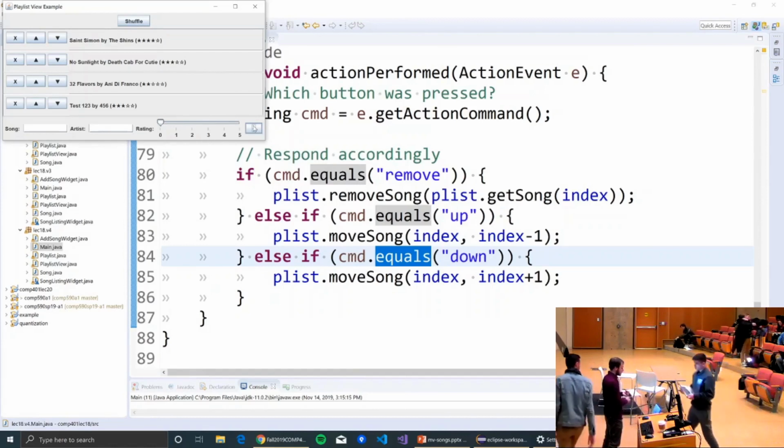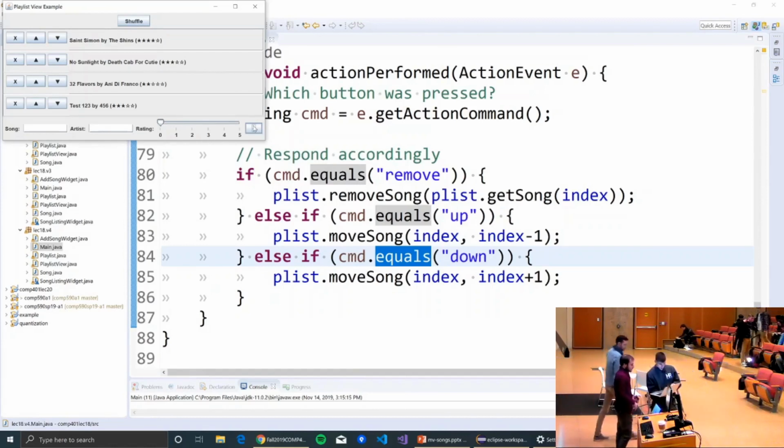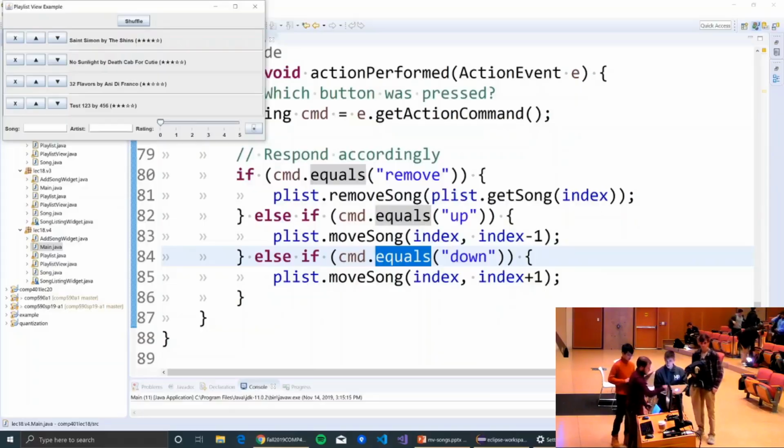Hey, thanks so much. So I'm a little confused on the difference between song listing widget and the add song widget. So like the add song widget, is this auto or is it like a combination of